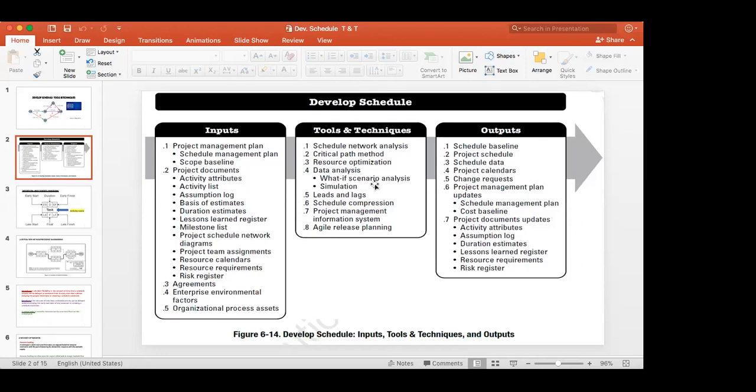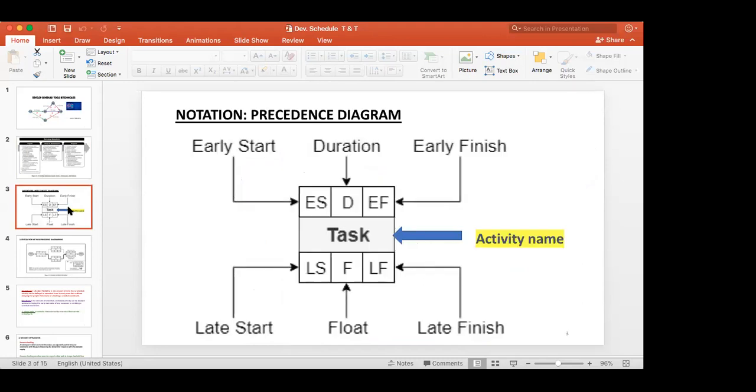I prefer to do it in a class, but the situation doesn't permit me to do that. But we will. That's why I prepared another PowerPoint presentation, simplified. Now when you come to the precedence diagram,